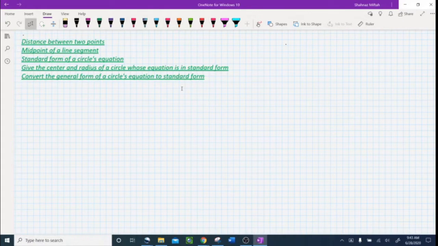Let's start with the distance between the 2 points. So let's do the distance first. Distance between the 2 points, like for example I have 2 points, x1 and y1. You know the ordered pair means points, right? And another point I have x2 and y2, and these are my 2 points in the rectangular coordinate system,